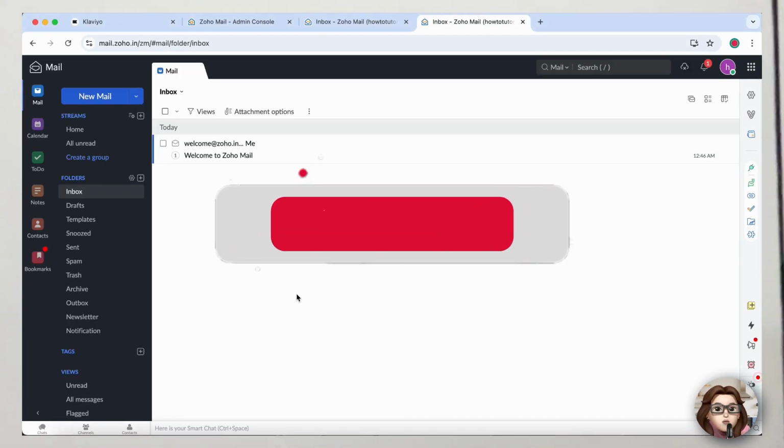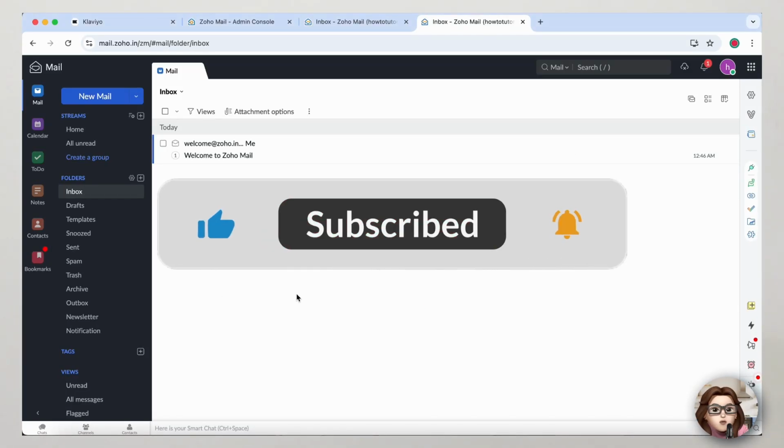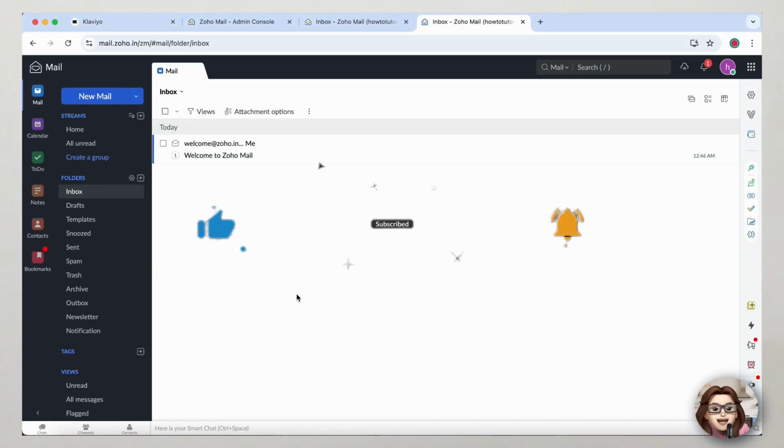In today's video, I'll show you how to quickly and securely change your Zoho Mail password. Keeping strong, unique passwords is key to protecting your account, and updating them regularly is a smart habit. Start by opening your browser and going to